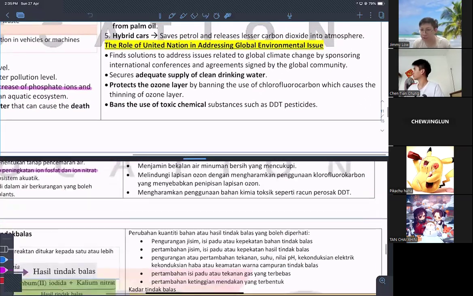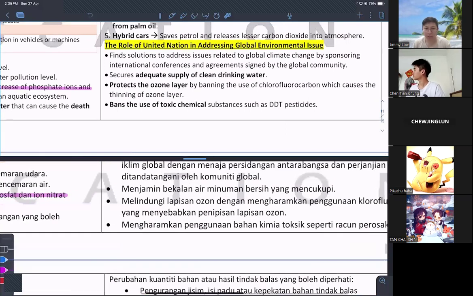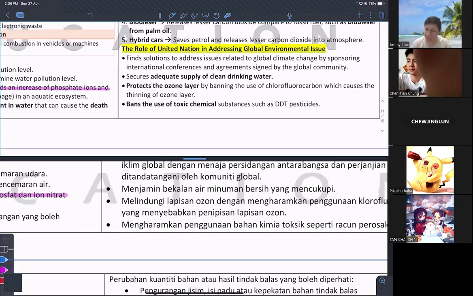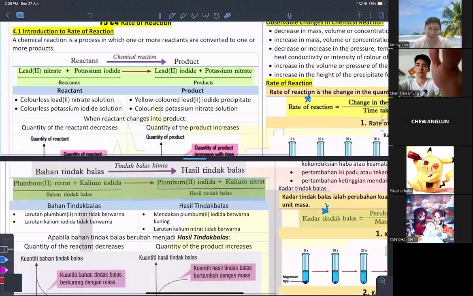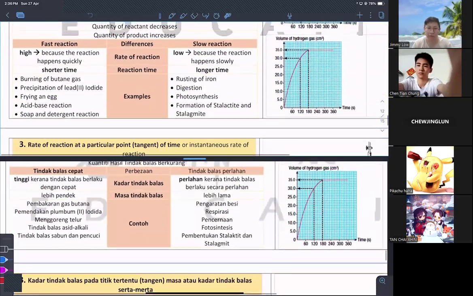The role of United Nations, pass. No need, because the United Nations is not so active nowadays, so the question is less likely to ask you. Skip. From Form 5 chapter 4, you can keep on skipping until